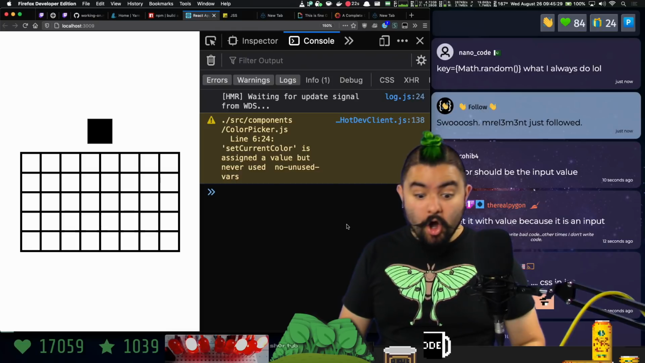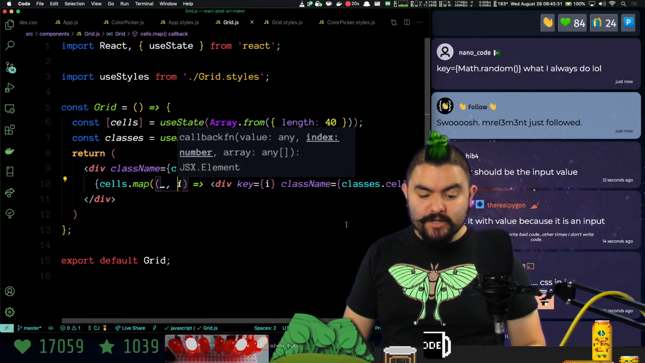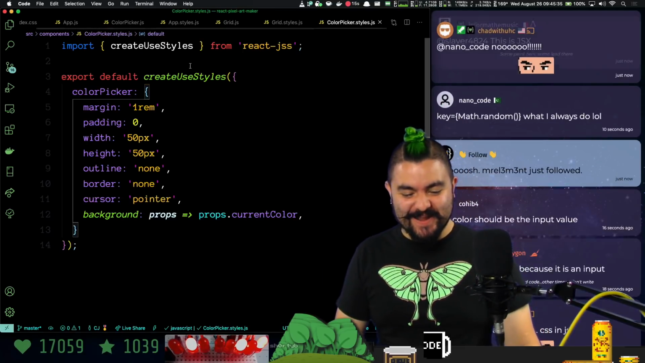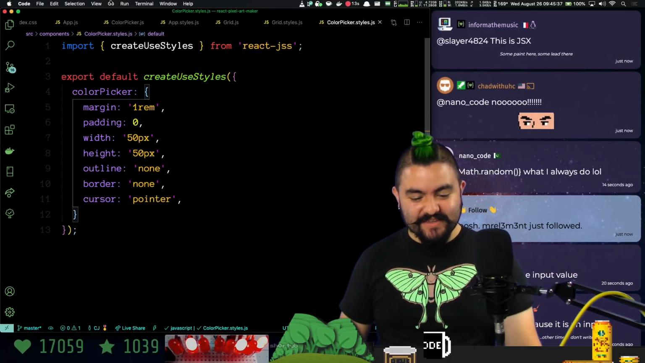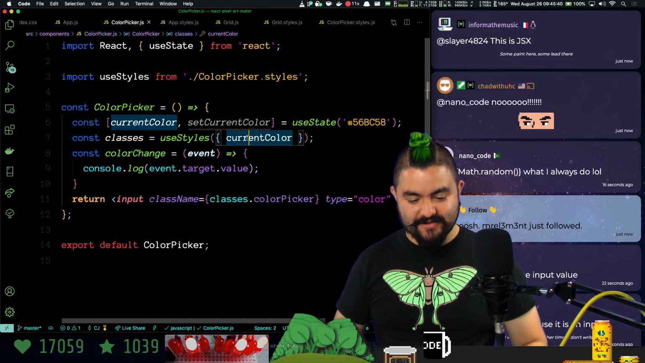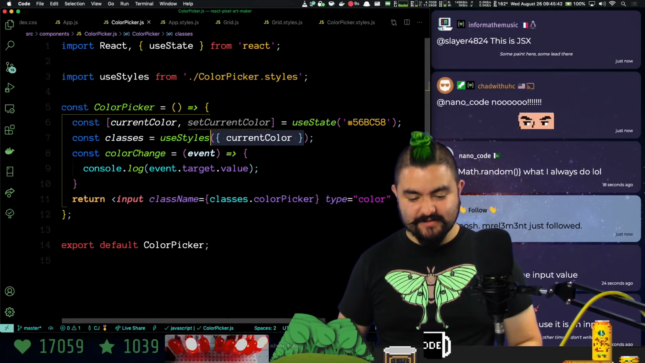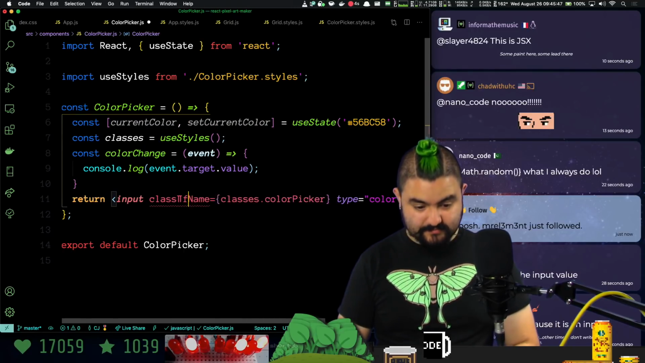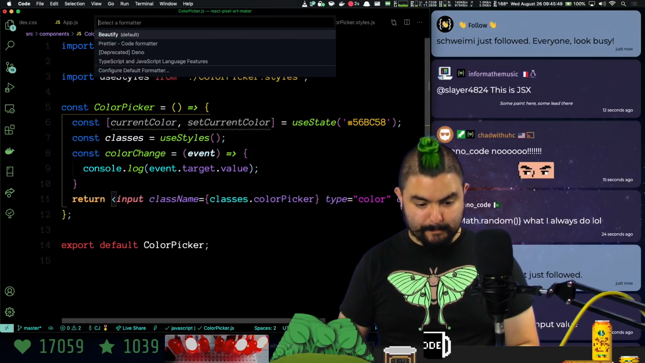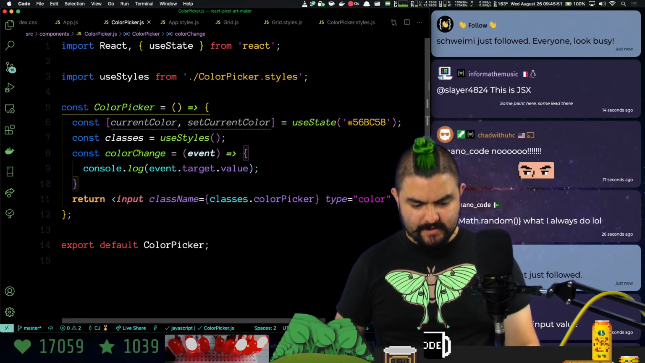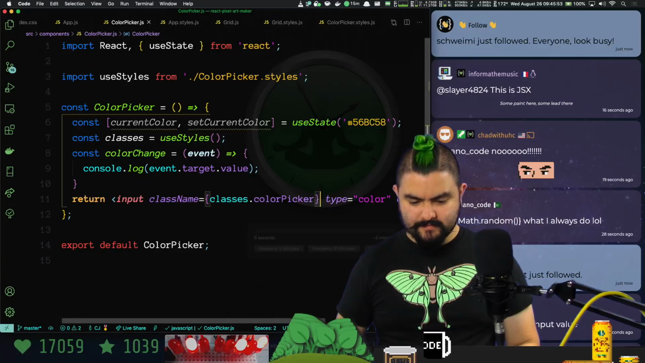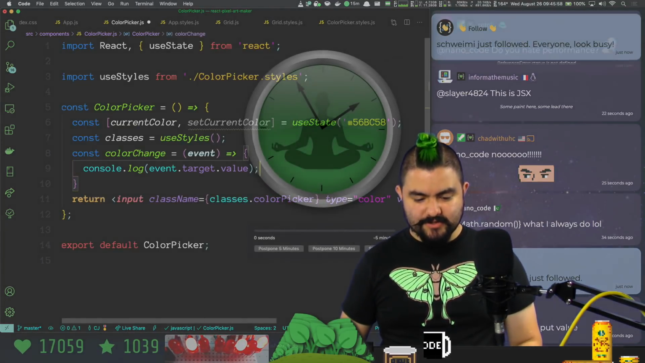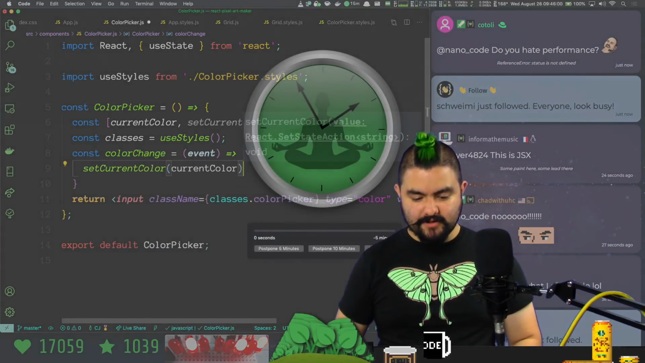The color should be the oh, you're right. Then we don't even need it. We don't even need it in our styles. You're totally right. So actually over here, we can just do this. We set the value equal to current color. We'll get there. Give me 1 second. Value is current color, and then when the color changes, we set current color to be the current color,